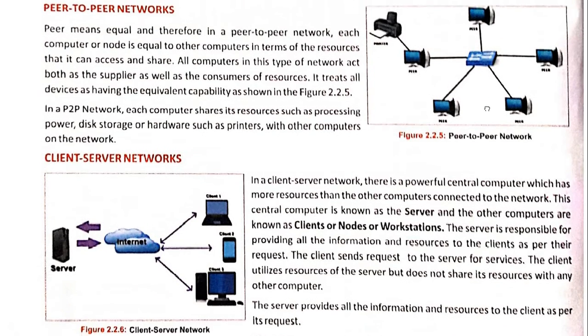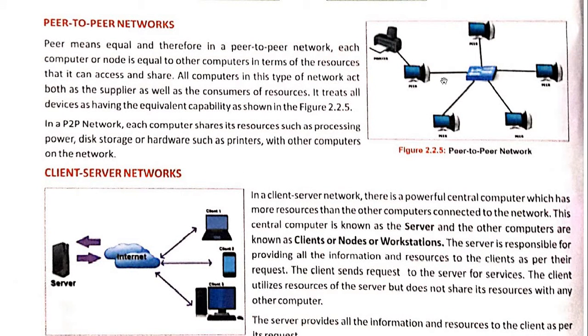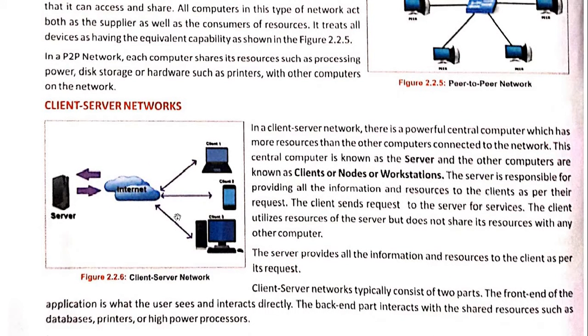Here I just want to explain once again. In a peer-to-peer network, all the computers were connected with the help of this switch. This is a switch, not the central server. It is not the server, but a switch by which all the computers are connected, and these computers share resources with all the other four computers. Again, this computer shares all the information with all other computers. They do not have a higher or lower level, but here the server is at a higher level, and clients are at the lower level. Clients ask for the resource, and the server provides it.